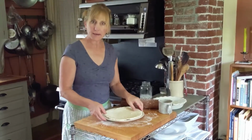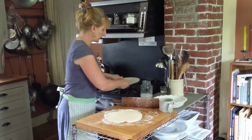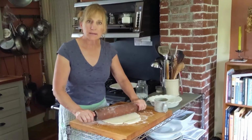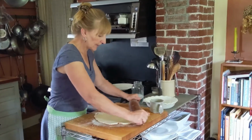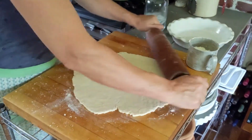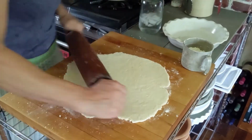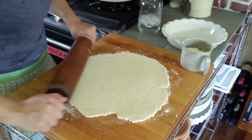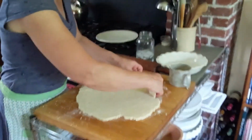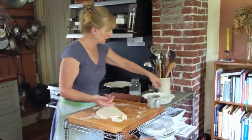Okay, so that pie crust that I was rolling has been sitting in the refrigerator for 5 minutes or so, which really in the whole scheme of making a pie is not that long, right? And it's so worth letting it rest for a second so that you can then roll it out. So this is so much more agreeable. It's like giving yourself a timeout and pausing when you're having a conversation with somebody and you need to give it a little bit of a rest. Come back, regroup, go away, regroup, come back, and have things be a little calmer. All right, now,